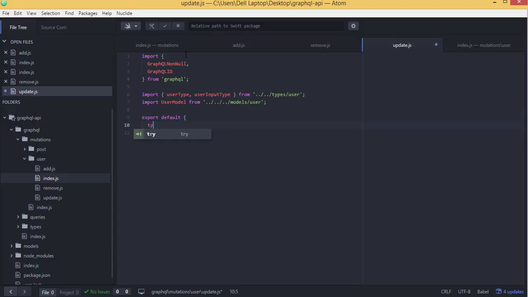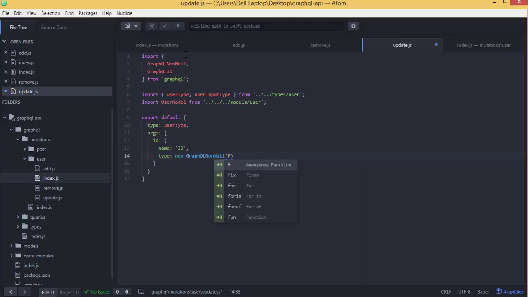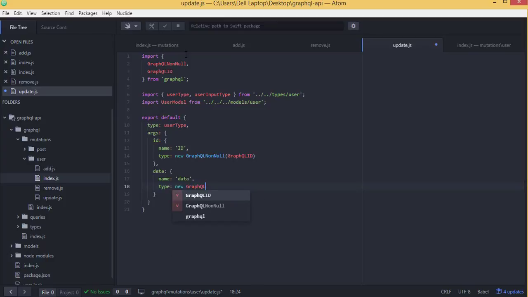and export an object which will be of type user type, and it will have argument of id which is of type GraphQL ID. We will also have another argument of data which will be of type user input type,